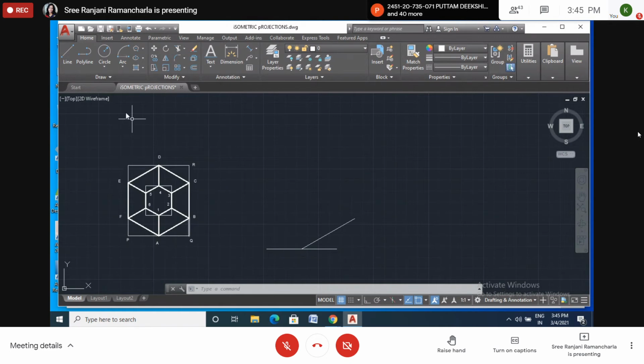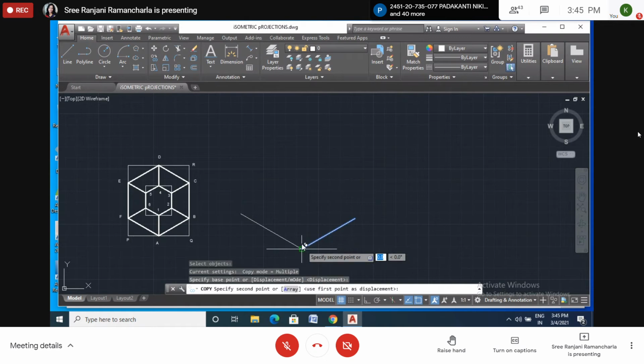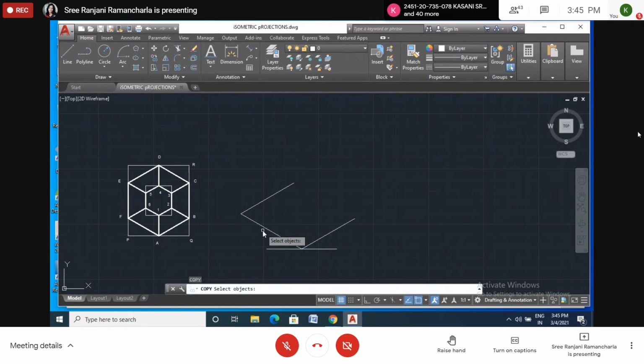PS is 80. So from here, at the rate 80 less than 150. Enter. Okay, now I will copy these two lines. Enter. Displacement. Like this.